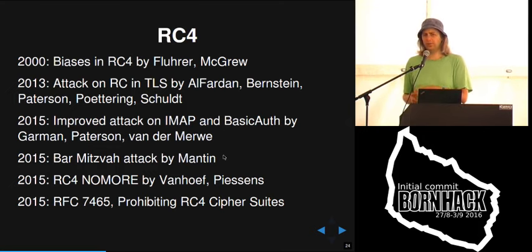But then in 2013, after a lot of people had switched to RC4, a team consisting of Dan Bernstein, Kenny Patterson, and a couple of others were able to show that you can actually practically exploit these biases in TLS. And then over the last years, there were a lot of new papers that showed improvements to these attacks. So it's been improved again and again, which in the end led to an RFC, which now says that the use of RC4 in TLS must not be done and should be forbidden.